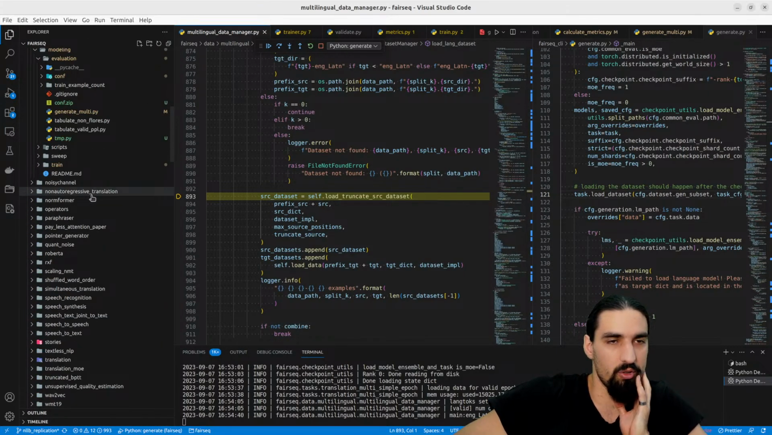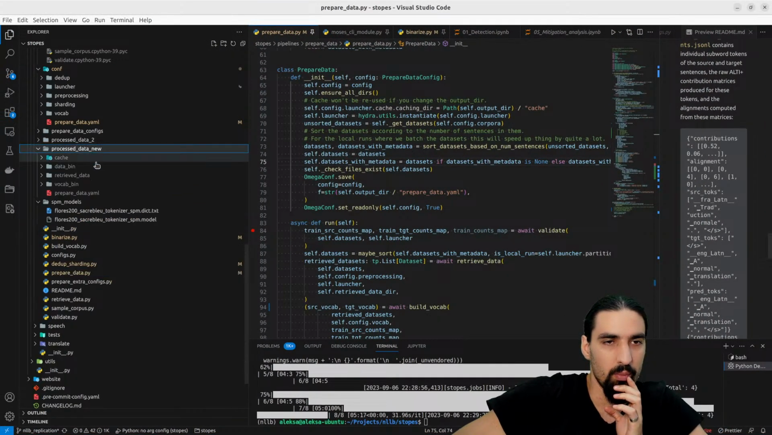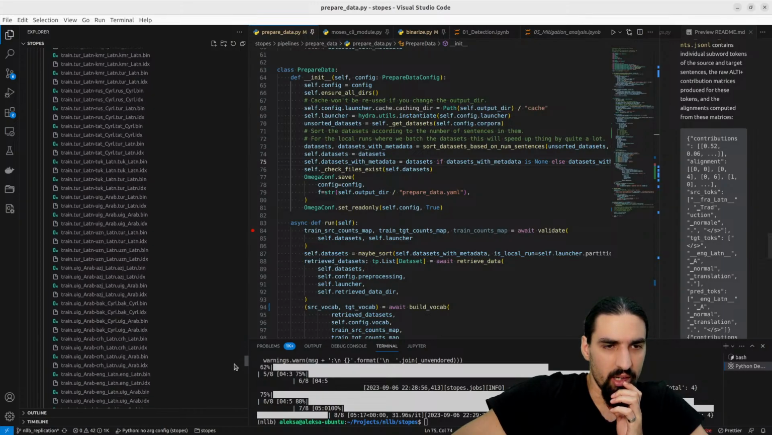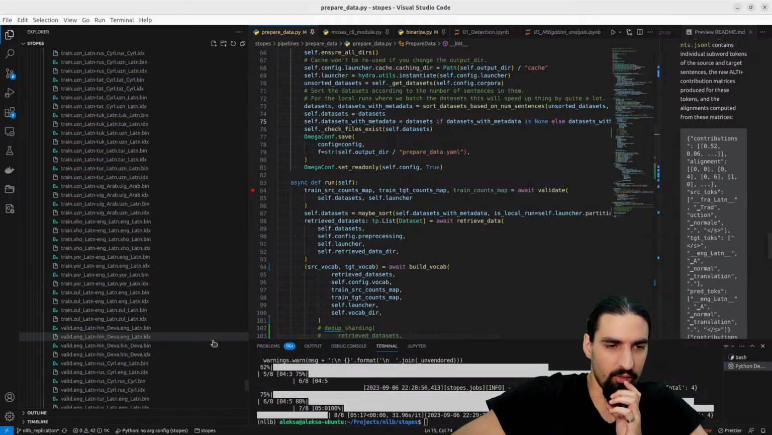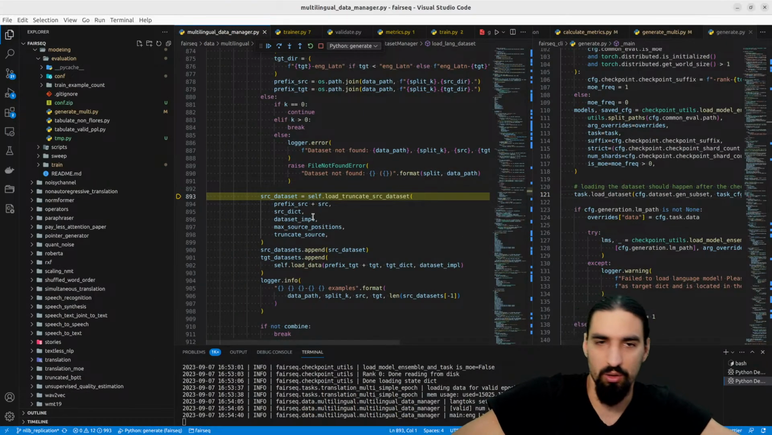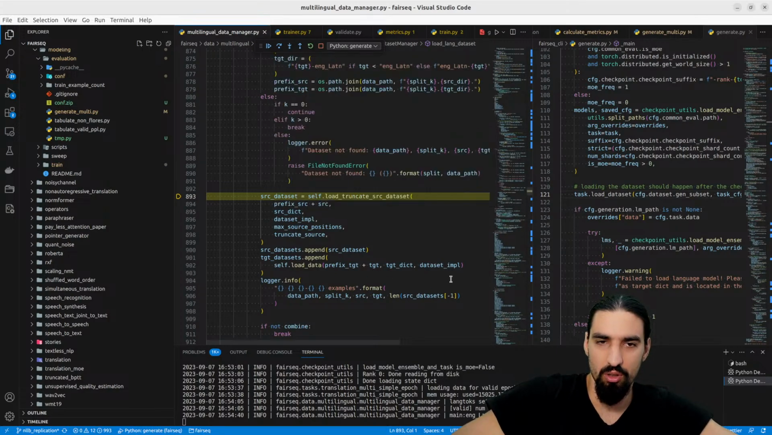Let's just double check. If we go to stopes quickly, in the stopes we have process data new, we have the data bin, we have shard 0, and then inside here, that's precisely the format that we are looking for. Valid, and then direction, and then the actual name, okay? With the source and